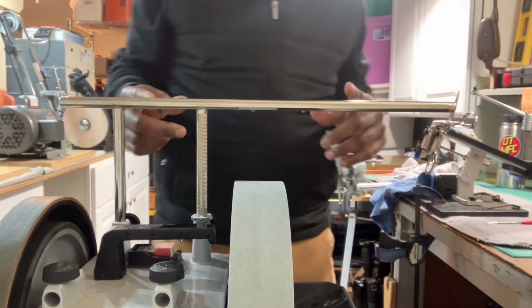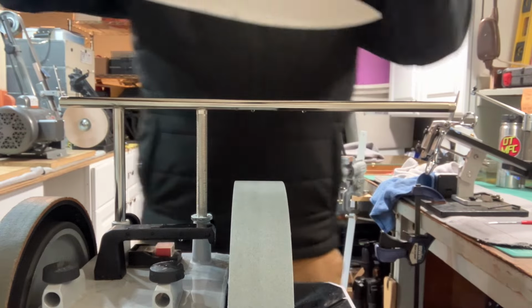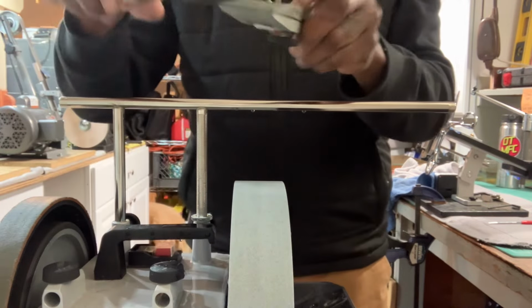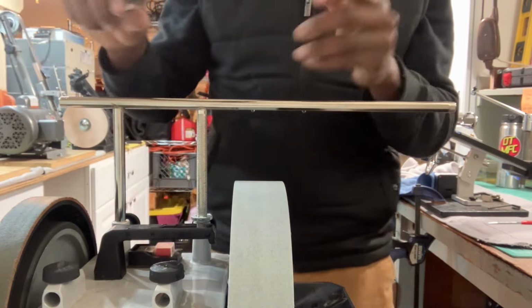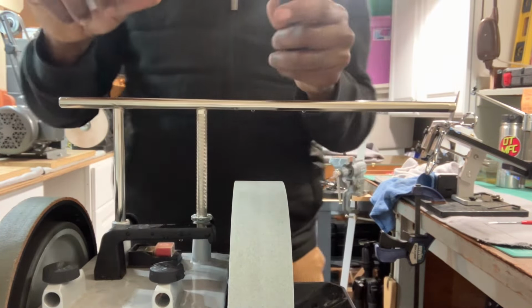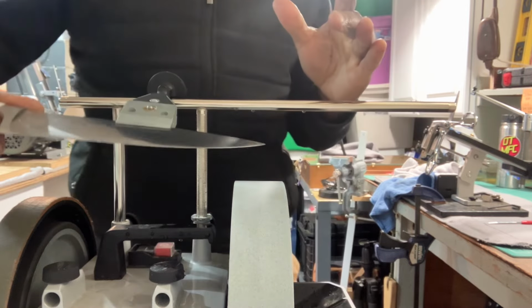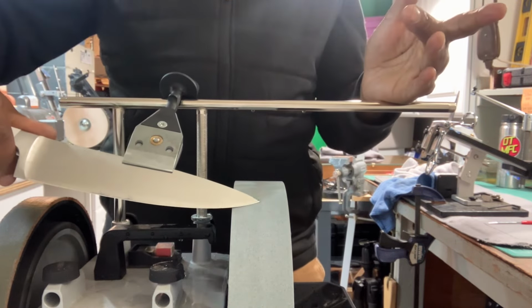So when sharpening on the Tormek, here's a Wusthof Classic kitchen knife that I've got to sharpen for a local chef here in town. I'm doing a few of his knives right now, and I'm sharpening it on the Tormek T8 with the original grindstone. And when sharpening on the Tormek, I find that it's interesting when you first start sharpening on the Tormek